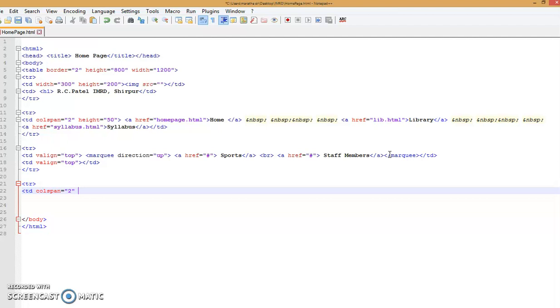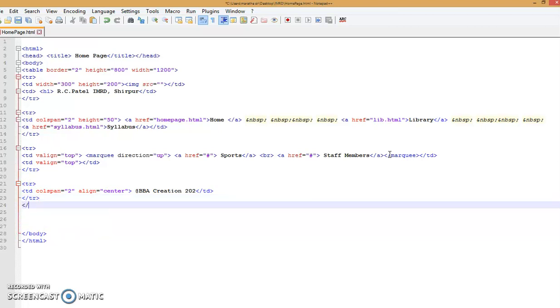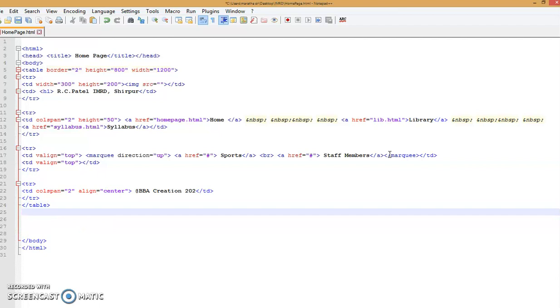Align is equal to center, and here complete that td, and here we write the @ BBA creations 2021, and td tag is closed here, and finally tr tag is closed here, and table tag is closed here. Okay, in this way we create the home page.